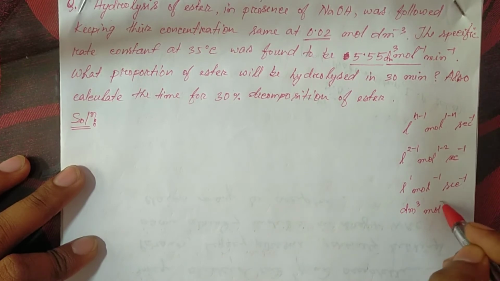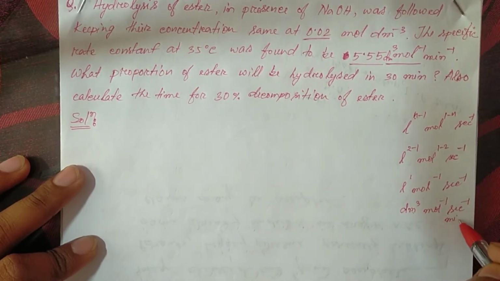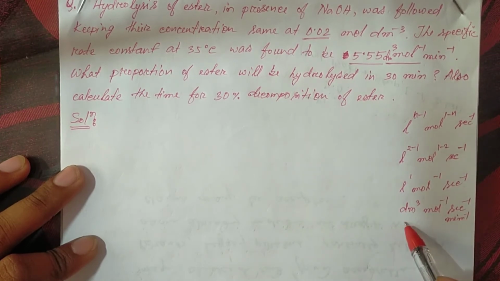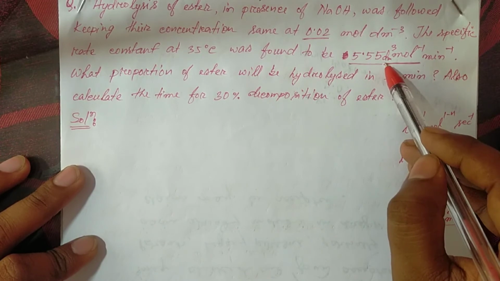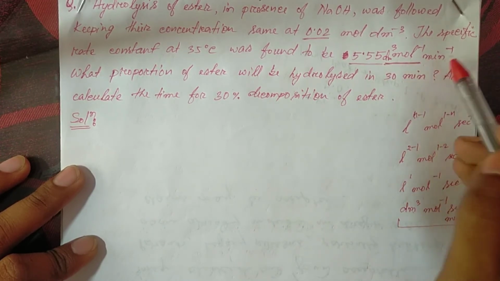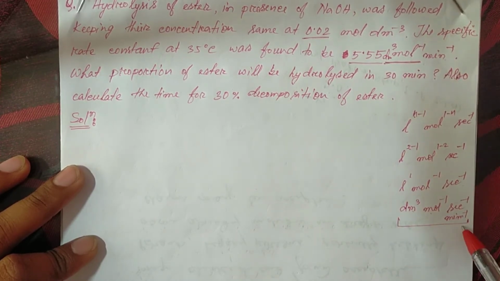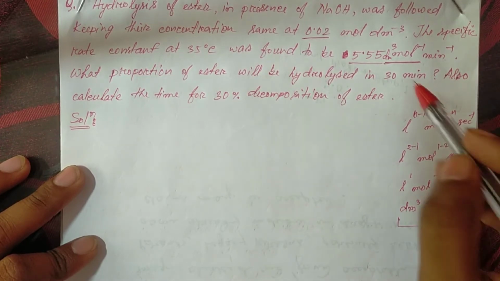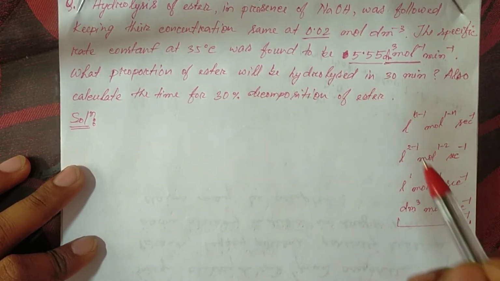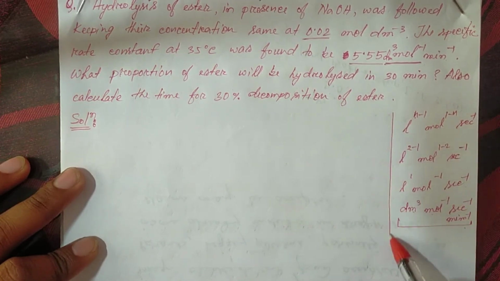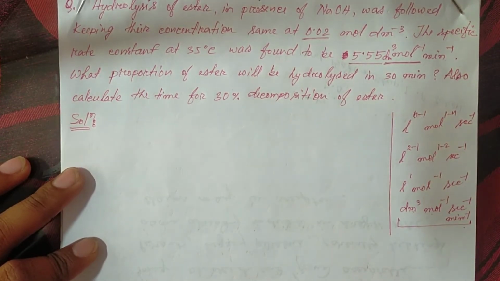Next, mole inverse second inverse or minute inverse. So you can see that this unit is the same as here, dm cube mole inverse minute inverse. So you can say that this reaction is a second order reaction. Okay,